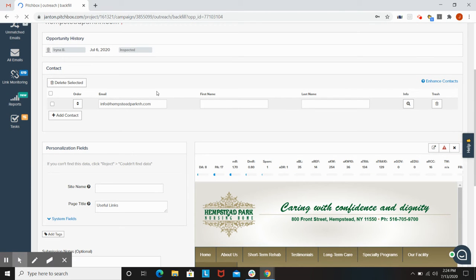This is where you'll notice the email has been found. Traditionally, there will be a first name if there was an opportunity. Here you can tell it's an info at, so the name probably doesn't exist when they found this email. Now, one thing I would say, if this up here said something like J. Antoniato at HempsteadParkNH.com,